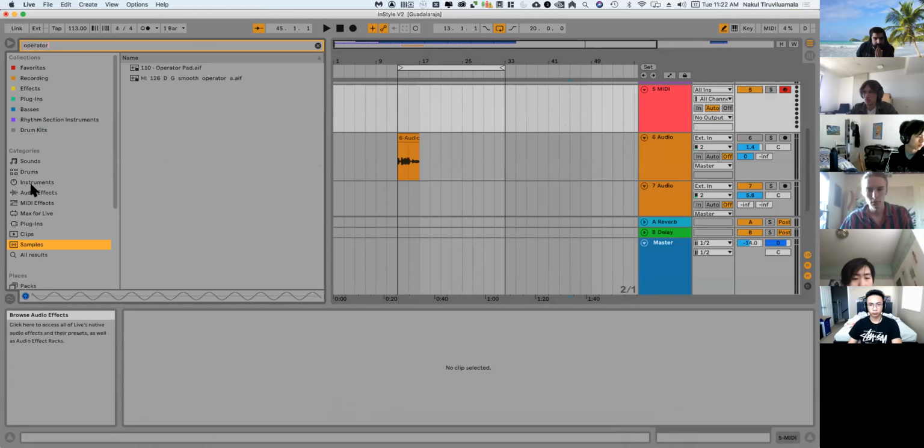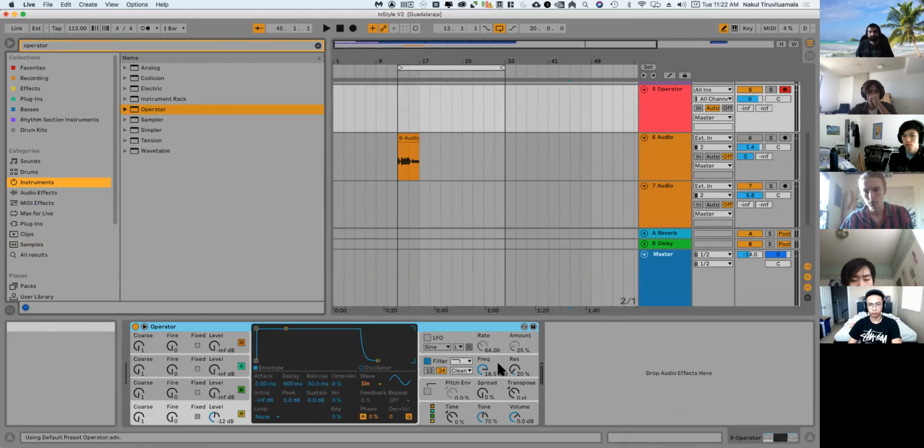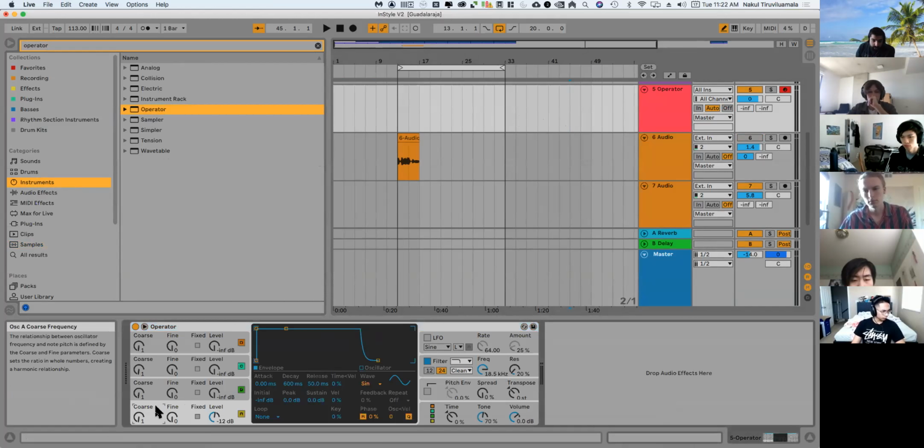So if I go to the synthesizer called Operator, I have to know exactly where to go. But if I go to the oscillator section, I'll just tell you really quickly, there's 4 different operators here. Basically, different places where you can choose the oscillator and where you can choose the envelope of the particular oscillator. So if I choose the first operator, and I go to the oscillator section,